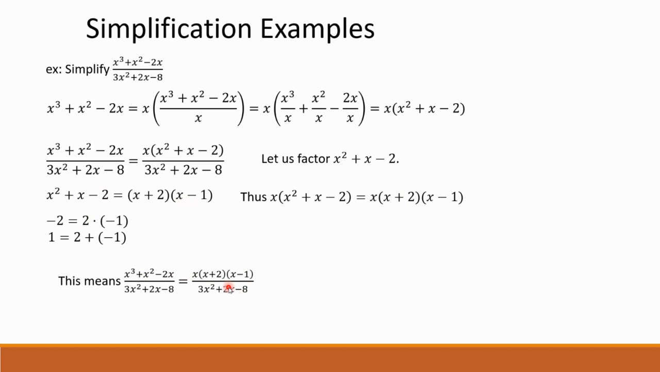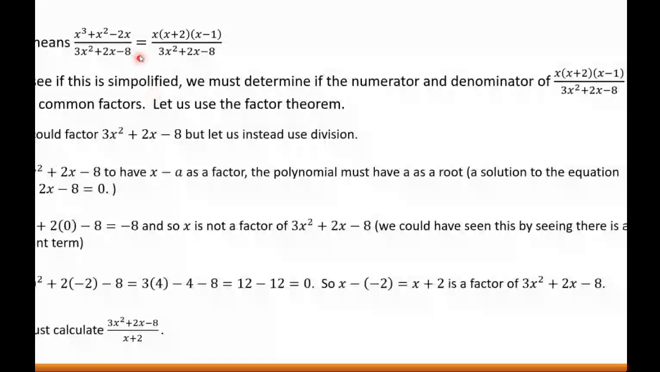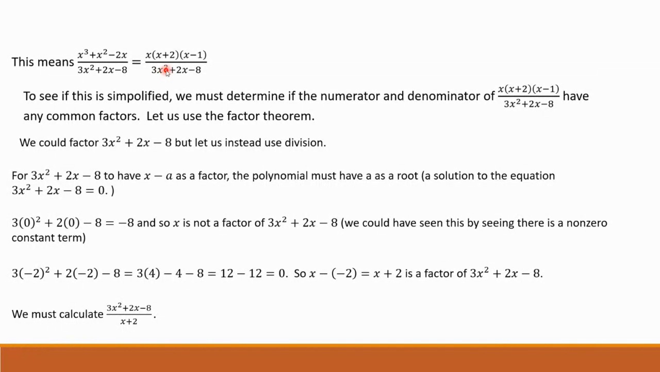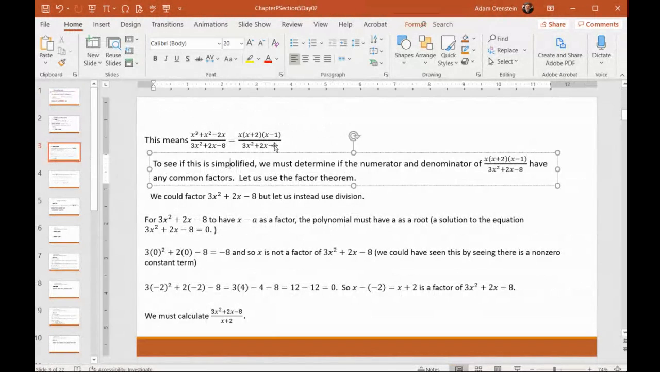But notice we're not done with the problem, right? We have to handle the denominator. Now this is a trinomial. It's degree 2, and the leading coefficient is not 1. We can't tell yet whether it's simplified or not. We have to somehow factor the denominator. We could do that